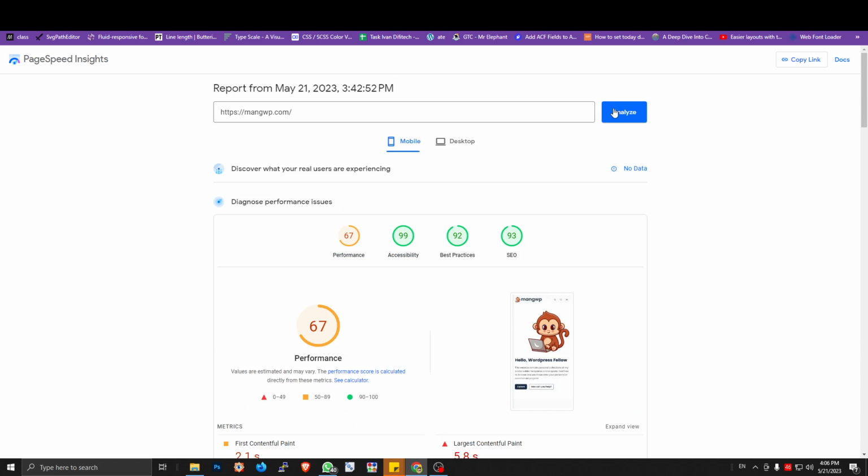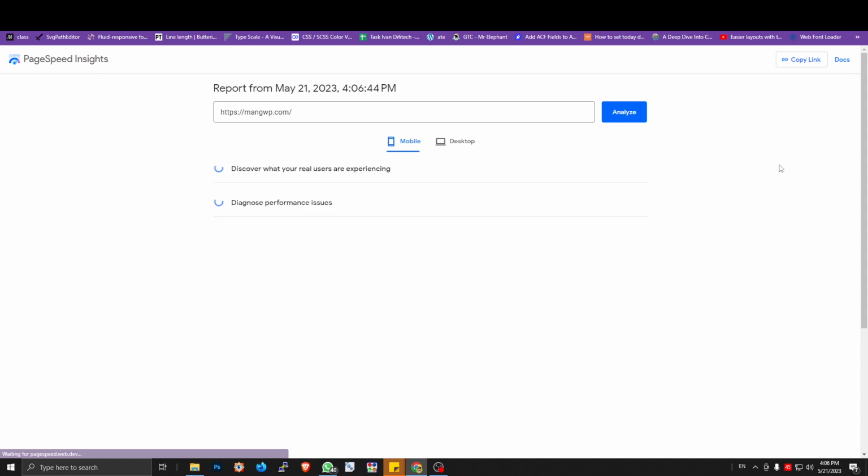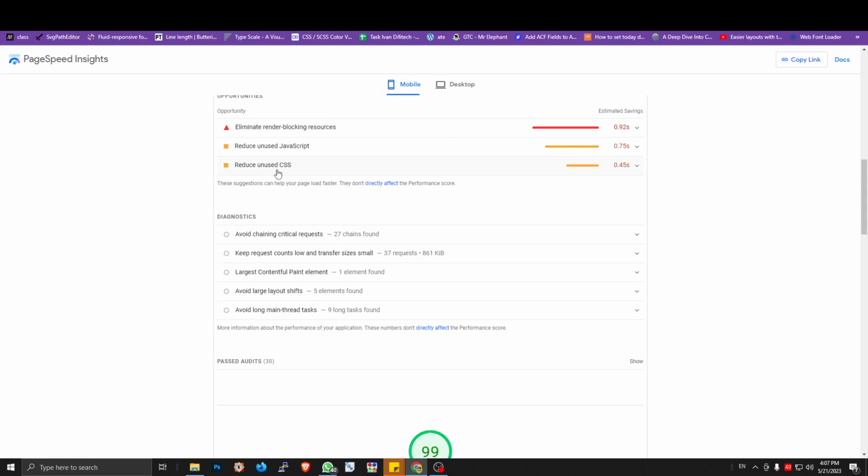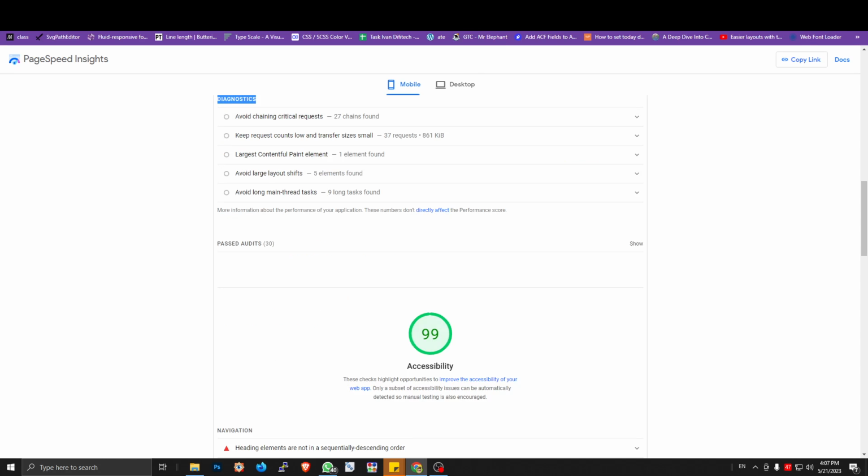So let's analyze again and see. Okay, on the diagnostics menu we don't have the issue anymore. So I think this method can solve the problem about the browser cache on the OpenLightspeed server.